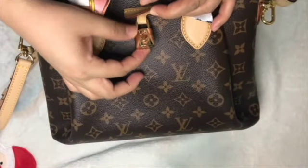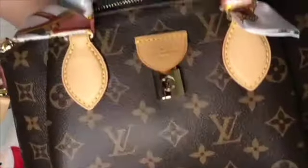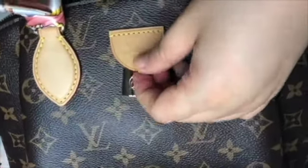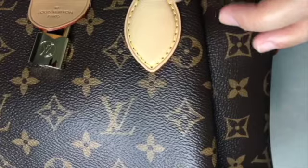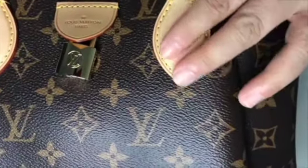Tinatago ko yung susi kasi hindi naman kailangan buksan or anything. And as you can see as well, the padlock is very shiny. Wala siyang scratches. Yan. And then yung kanyang tahi dito still very shiny as well, and there are no scratches. Okay,